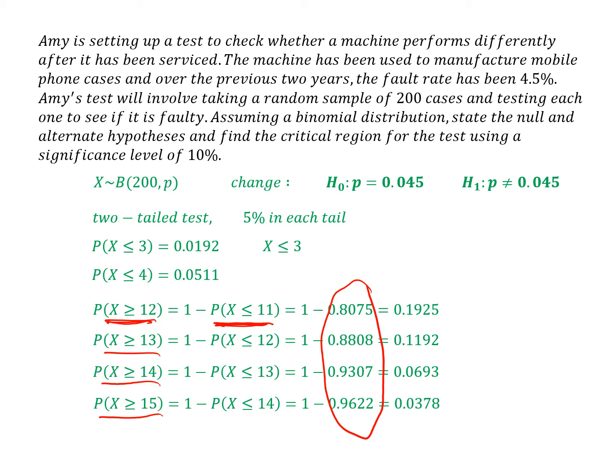So when I look at all of the calculations here, this one here is the first one which is below 5%. So X greater than or equal to 15 is the upper part of my critical region,